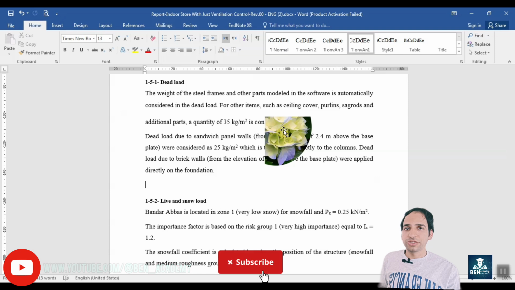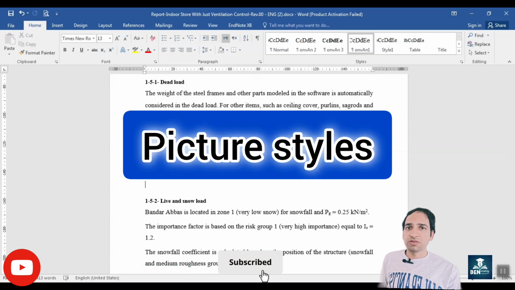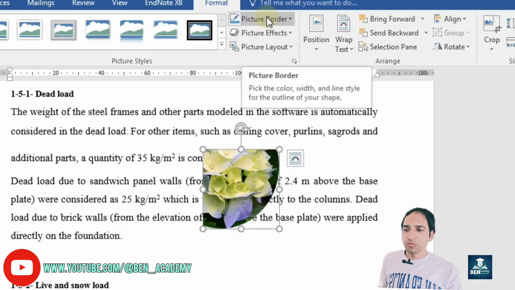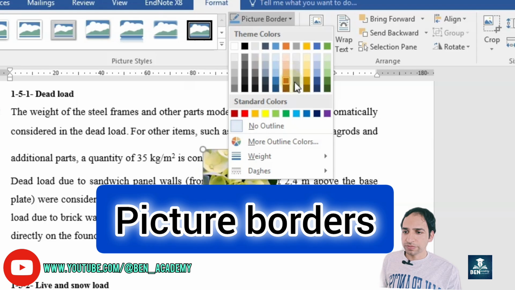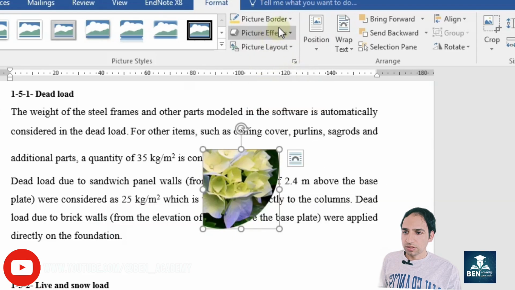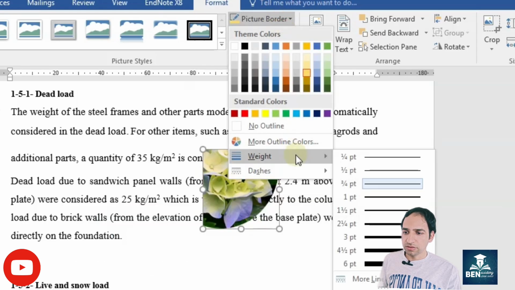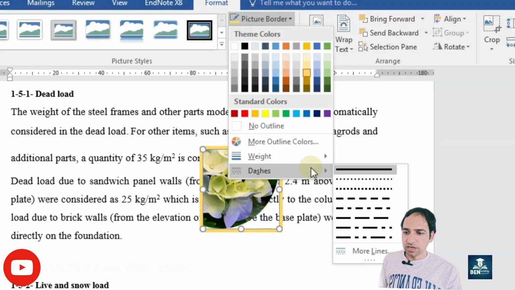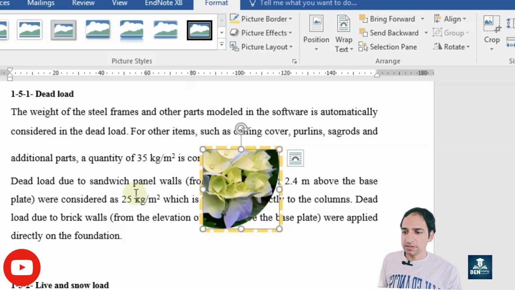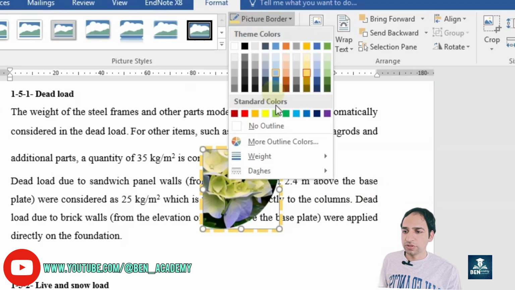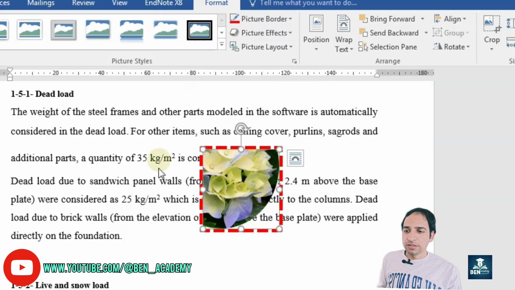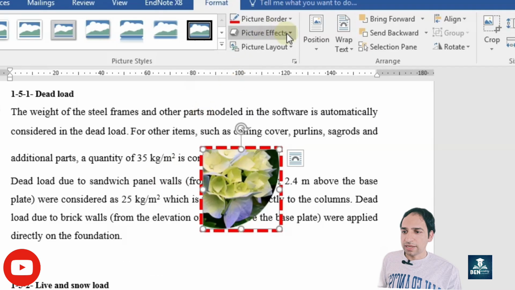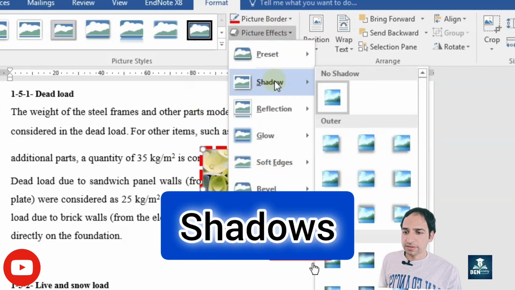Another useful feature is picture styles. When the picture is selected, go to Picture Format tab again. You can add borders here, picture borders, or you can make it thicker, or you can make it as some dash. Instead of a continuous line like this, you can use dashed lines, and any other thing you want with other colors or anything. And also you can apply some shadows to your image like this,